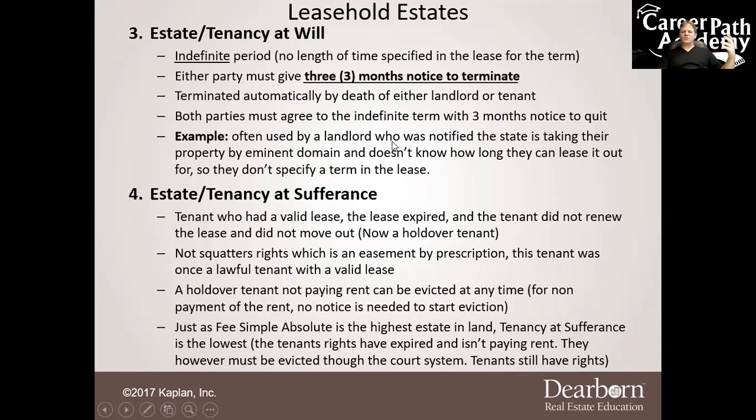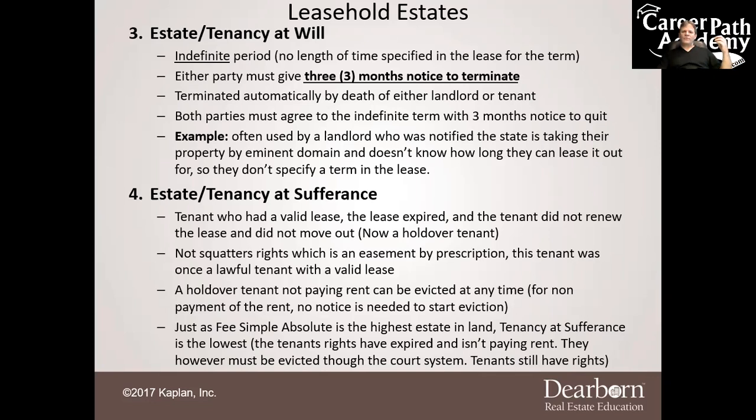An example of where this would be used would be if the state notifies the property owner that they're going to take away the property by eminent domain. Well, the owner does not know when exactly that's going to occur. So in the meantime, they still have to pay their bills and such. They could rent out their property, but they can't sign a 1-year lease with a tenant, because if a property is getting taken by eminent domain,